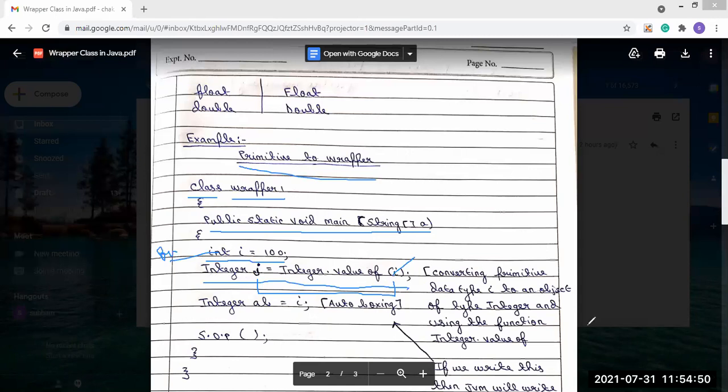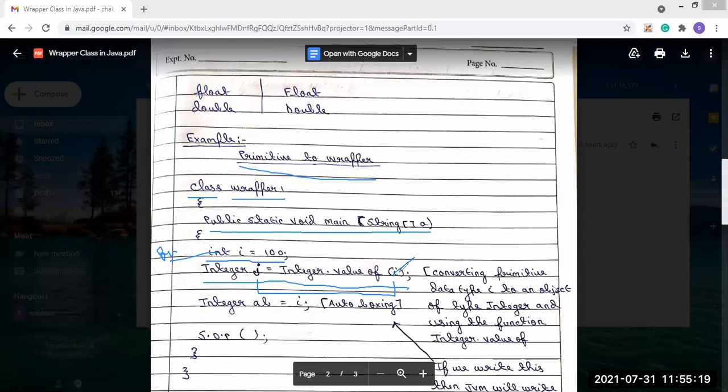So that's why it is said that we are converting the primitive data type i to an object of type Integer, using the function Integer.valueOf.